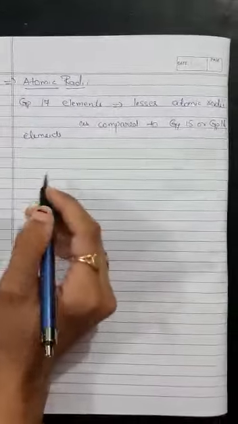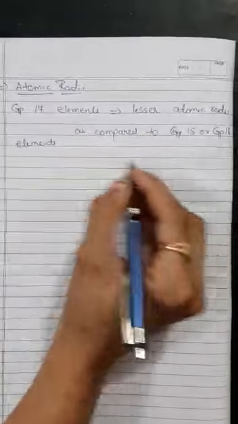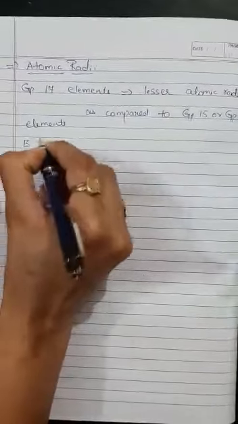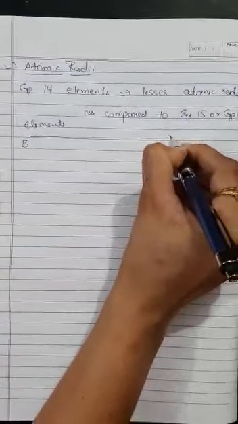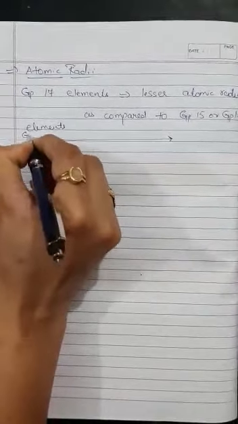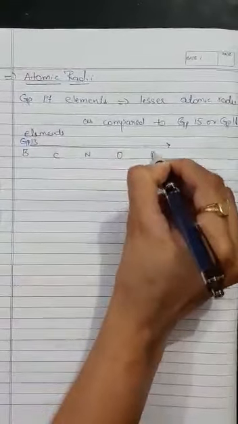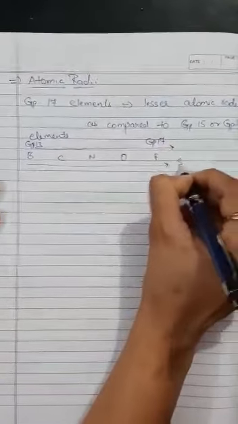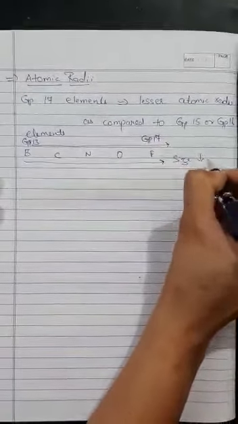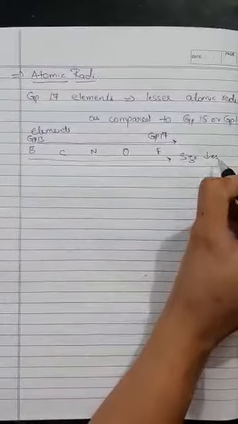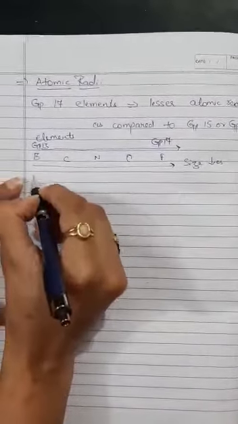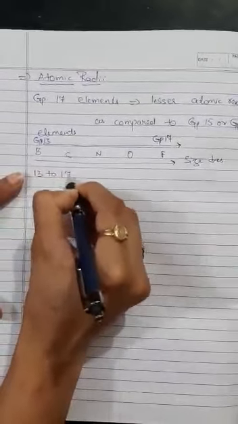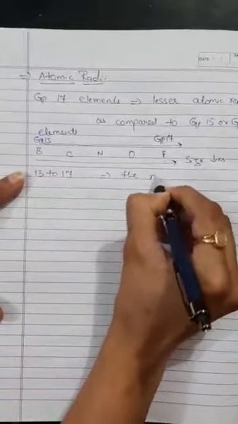Why is this so? As you already studied in class 11, when we move along the period, that is from group 13 to group 17, the size of these elements always goes on decreasing. Why? Because as we move from group 13 to group 17, the nuclear charge increases,